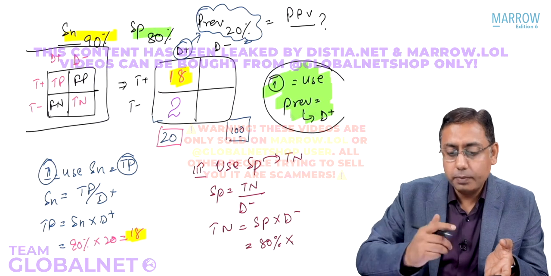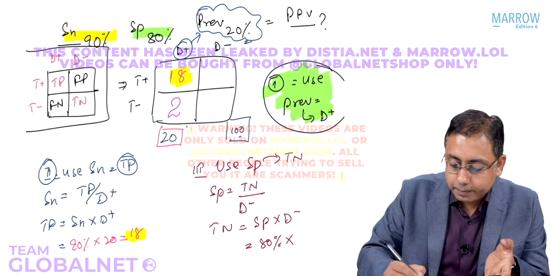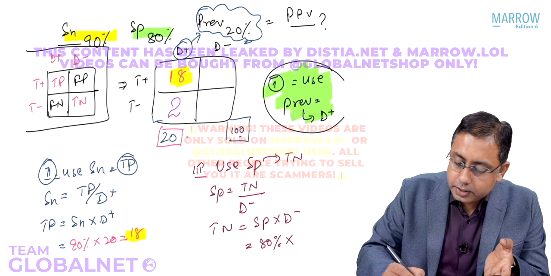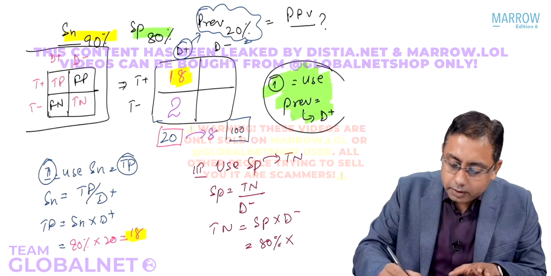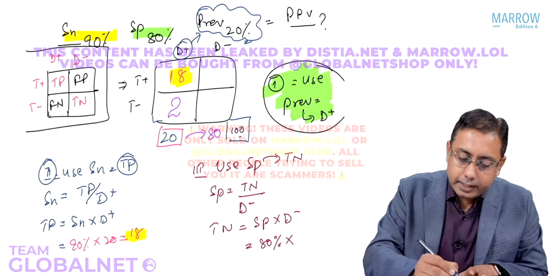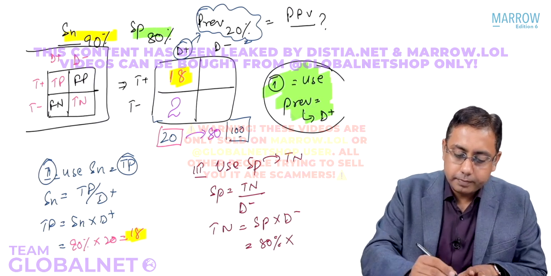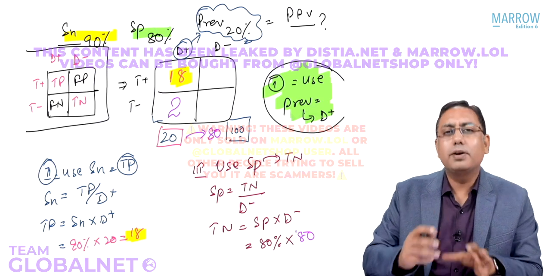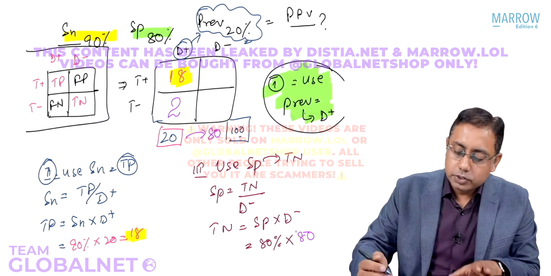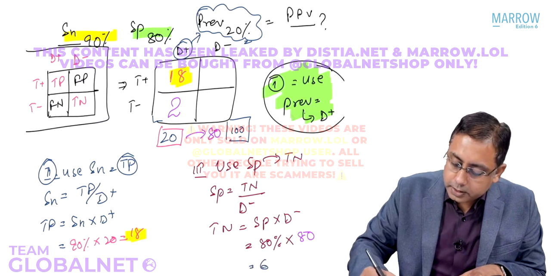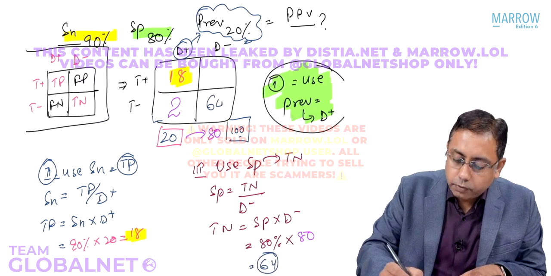What is D minus over here? You will have derived this D minus. Why? Because 100 total minus 20. What is left out? 80 left out. So multiplied by 80. That is what you have derived. So technically 80% of 80 is how much? That is 64. So you are just going to fill up this 64 over here, where 64 is your true